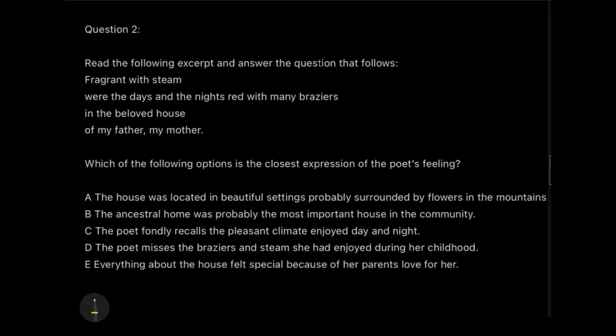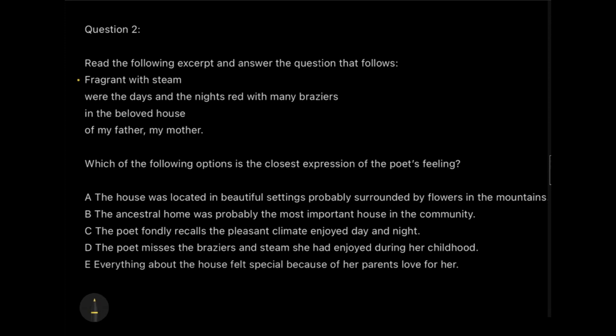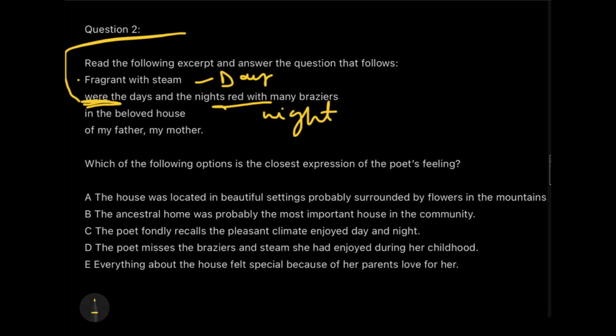This is how you break down a poem. So here I'll tell you exactly how to understand the poem. Here I'm using these examples. What was happening in the day? So this was happening during the daytime. This was happening during the night time. So this gives me an idea. Now the most important keyword is 'were'. 'Were' depicts that whatever the poet is saying is in the past, not in the present. So that will really help us to eliminate a few options, or at least find a few options which we can consider for the right answer.